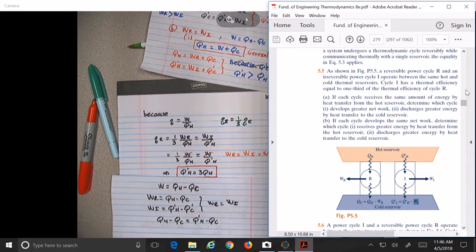So that's not going to do anything. That's what I was trying to do, but what happens is that these QC are going to cancel each one on each side, no? Q prime H minus QC equal. That's what I was trying to do, but